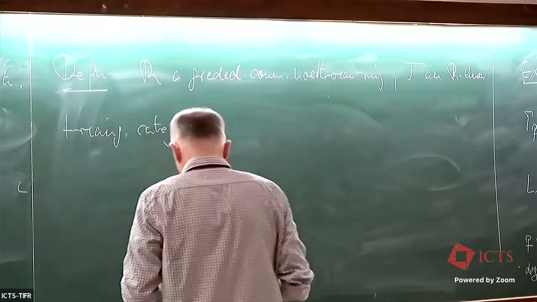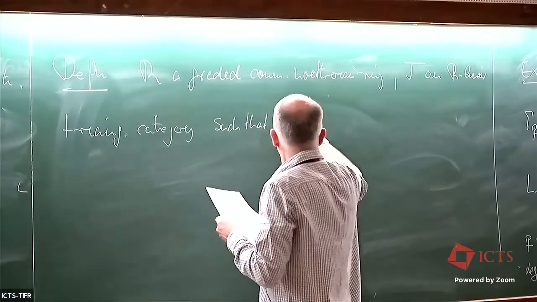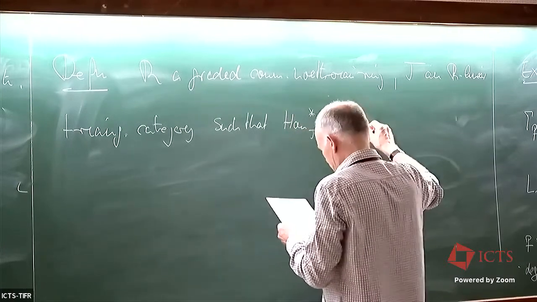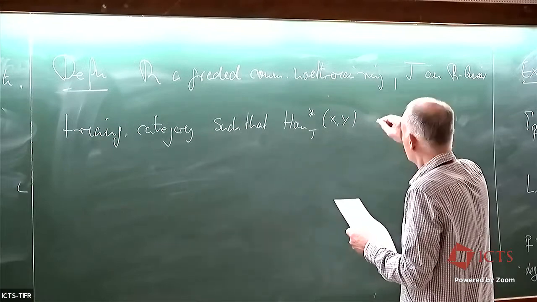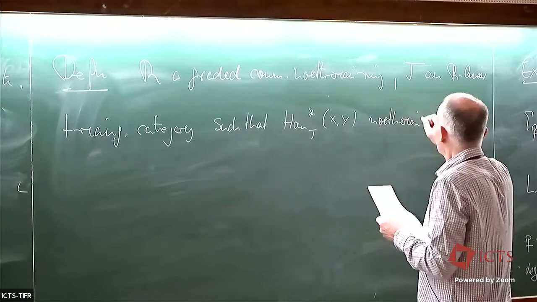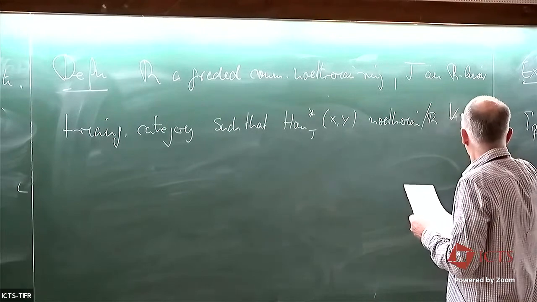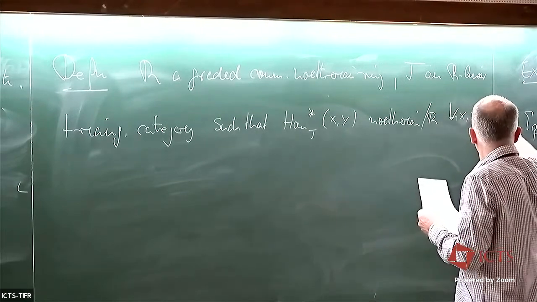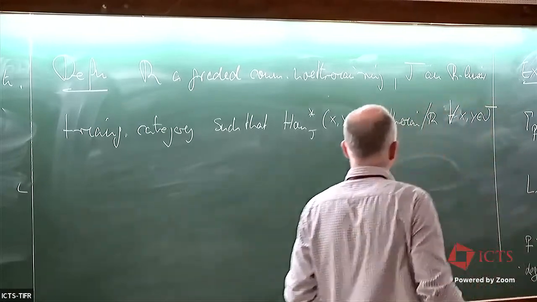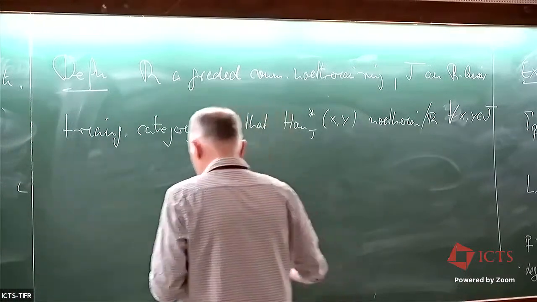And I want to assume Noetherianness such that the graded morphisms are Noetherian, or finitely generated over R, for all objects X and Y in T. Okay, so then for